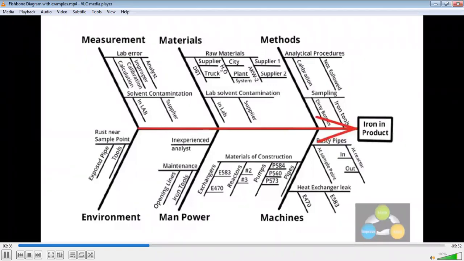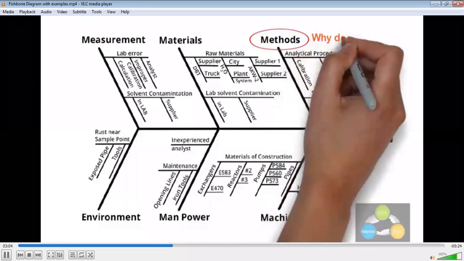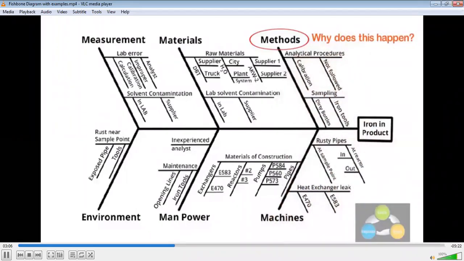Okay, let's go ahead. Brainstorm the major categories of the causes for the problem. These are methods, machines, man or people, materials, measurement, and environment. Step 3. Write the categories of causes as branches from the main arrow. Step 4. Brainstorm all the possible causes of the problem. Ask, why does this happen? As each idea is given, the facilitator writes it as a branch from the appropriate category. Causes can be written in several places if they are related several categories.